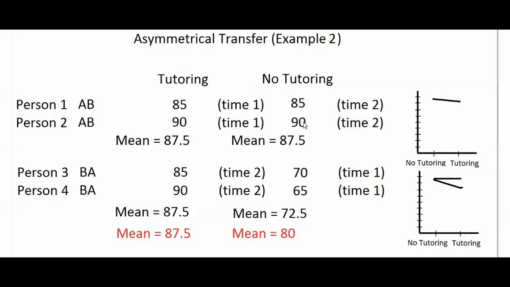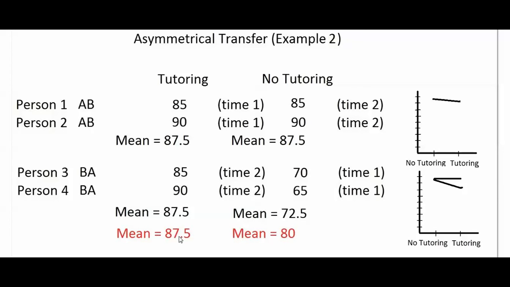these two scores up here that are no tutoring at time 2 are pretty high because these two people had already been tutored at time 1. So when you calculate the mean of all 4 untutored scores, these two scores bring up the average. That's why the average is 80. It's pretty high. So since these two scores bring up the untutored average, it makes it look like the effect of tutoring is smaller than it really is, because